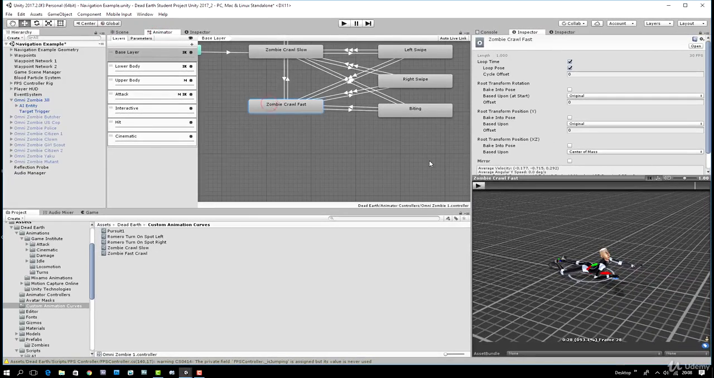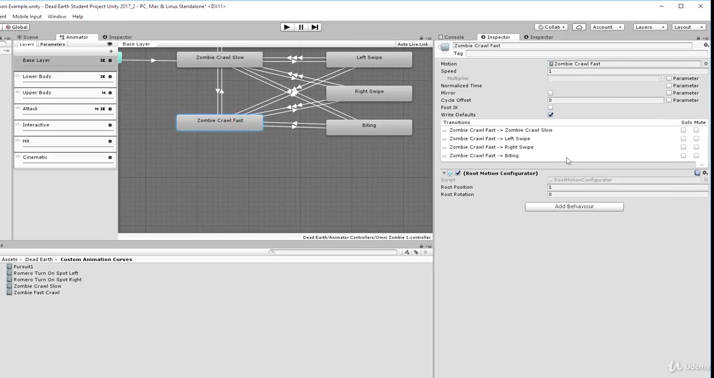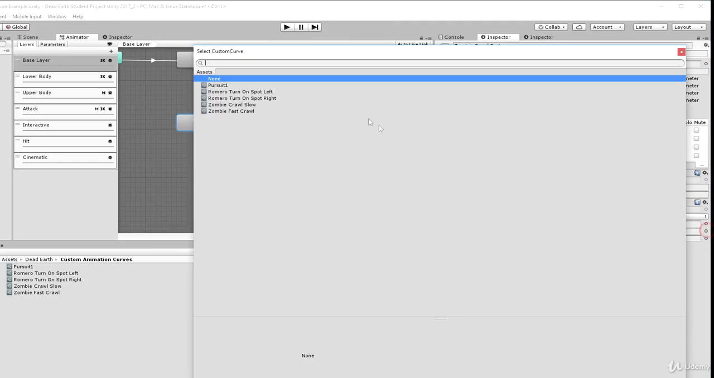So let's select our zombie crawl fast. Actually, I need to unlock the inspector first of all, and then select zombie crawl fast. And the first thing we'll do is we will add an audio collection player to it. Once again, we're using the footsteps collection, so we'll leave it on COM channel 1. We'll select the zombie footsteps audio collection. We will assign it that new zombie fast crawl curve that we've just created, and we'll assign it the base